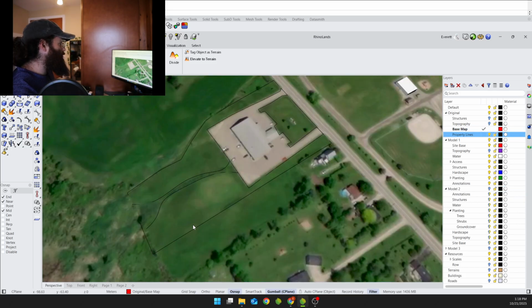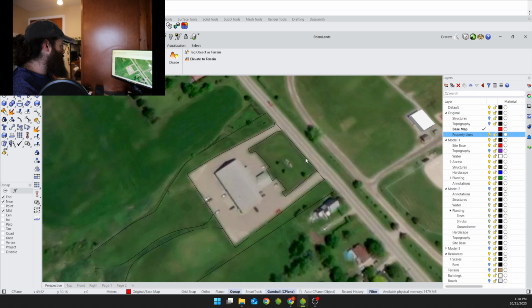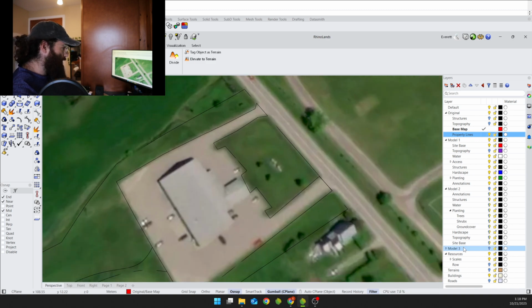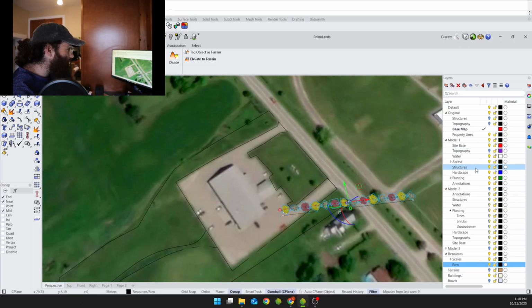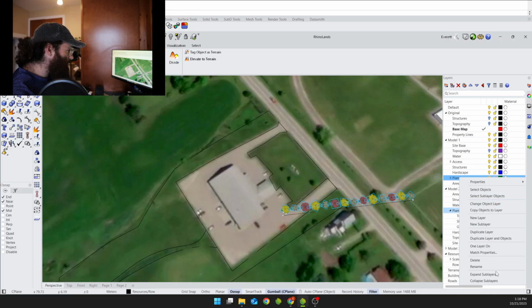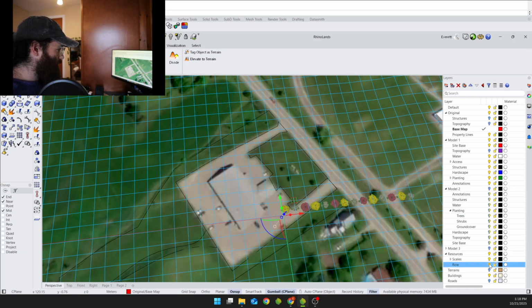Now I'm going to start with a really simple basic orchard, and I actually have something that I have pre-built in here, is this row. So I'm going to copy it over into my planting folder so I don't mess with my original. And what this row has, oh, there we go,